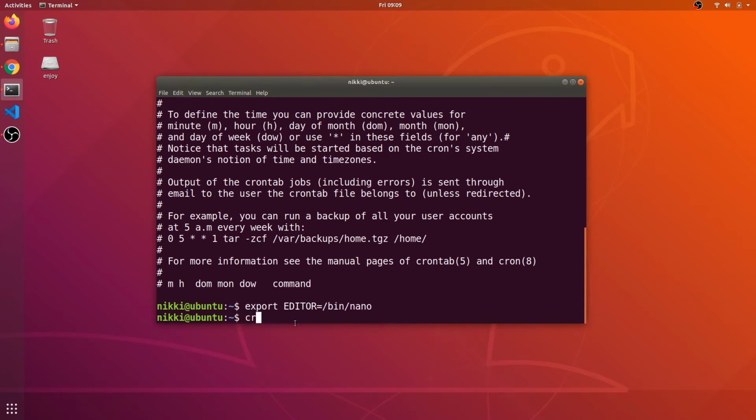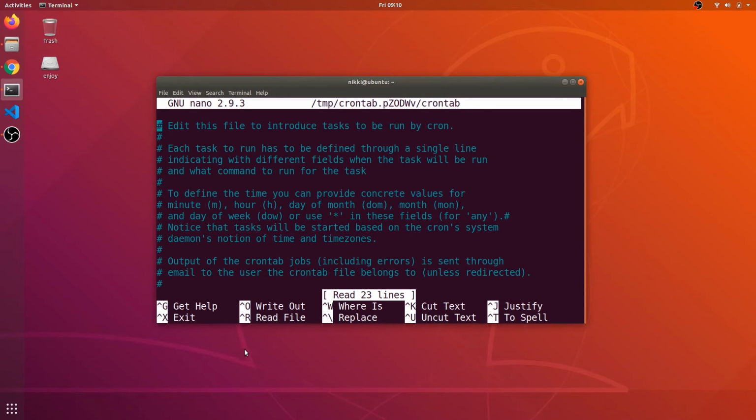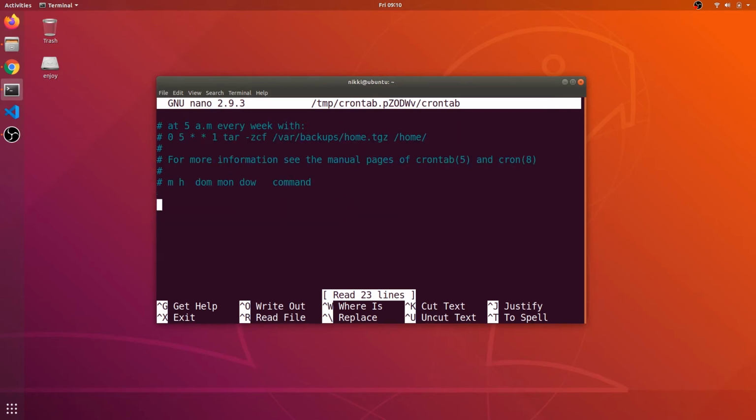Now I want to say crontab -e, E for edit, and if I hit enter, it says GNU nano 2.9.3, so we are in the nano text editor. We can scroll down using the arrow buttons. Now we need to give the timing and specify the command we want to execute.